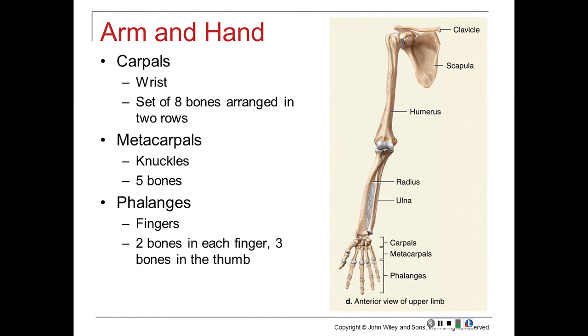We get into our hands and wrists. The carpals are the wrist bones. You drive a car with your carpals, right? It's a set of 8 bones arranged in 2 rows. And then you get to your metacarpals, which are your knuckles. There's 5 bones here. Most of our fingers have, or all of our fingers have a metacarpal associated with it. And then the phalanges are fingers. There's 2 bones in each finger and 3,